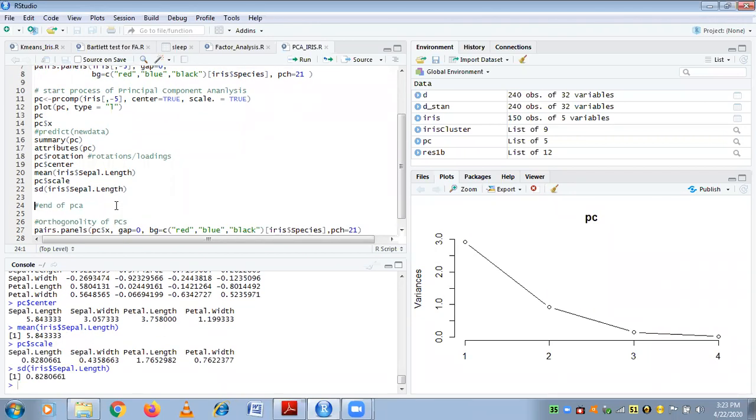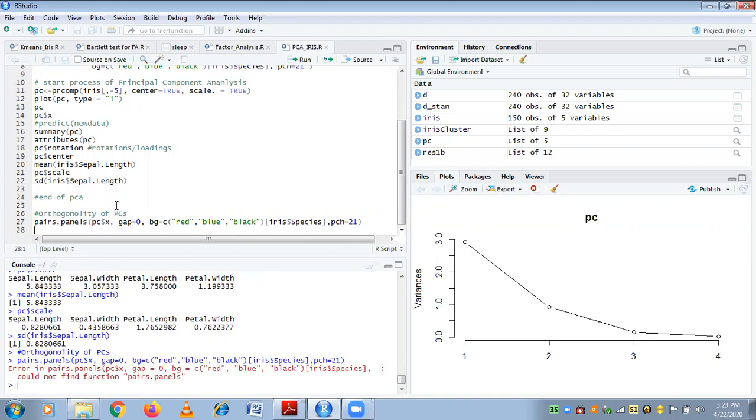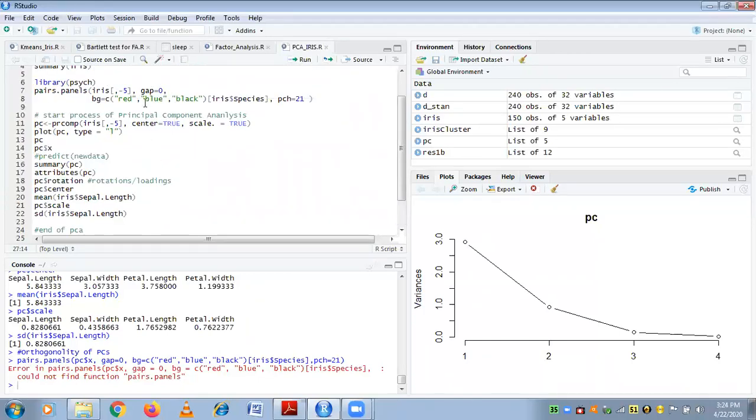If you want to check the orthogonality of your principal components, you can use this code. But I don't think this will run on my machine, because I got some error in RStudio, so I'll be sharing the code. You can check how the graph varies when you use the principal component x instead of the iris data set.